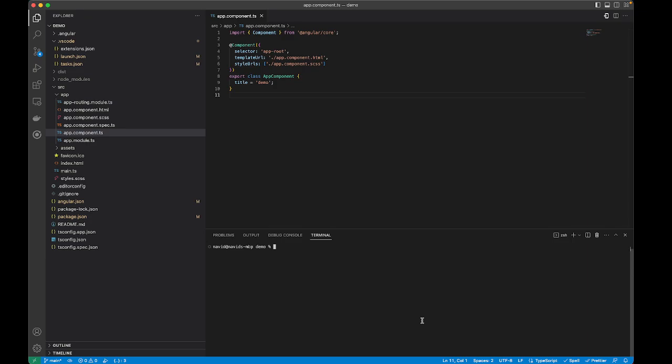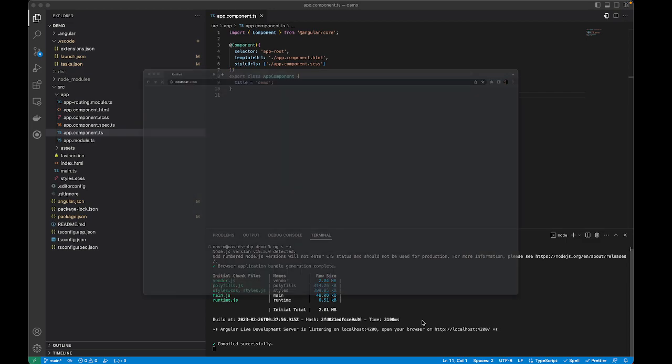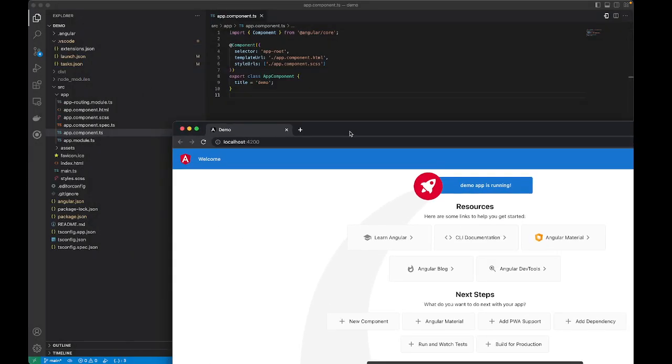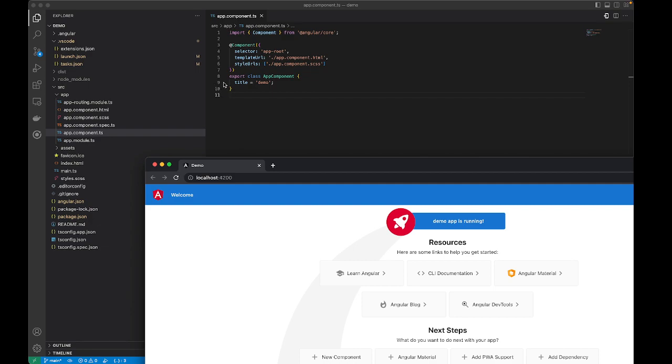So let's start. The first one that is really common and most developers use: if you have any Angular application, this one is a simple brand new Angular application, you can just say ng serve and -o for opening the project. So basically it's going to build your Angular application, host it on some local server on your local machine, and launch the application. As you can see, even if I have a breakpoint here,